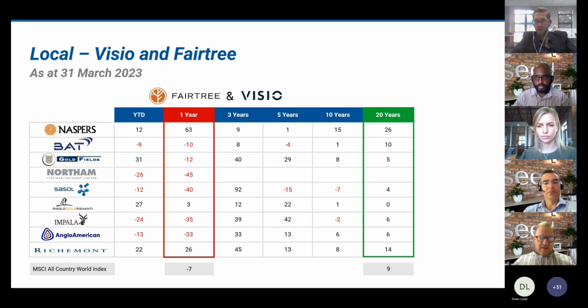Got that 26%. Clearly, it's been a lot more muted over the 5 years, and that's dragged down even the 10-year number, but still 15%, very, very decent. And then the other exception is Richmond. Richmond is really not a South African business. It's not at all. It's a global business. It's mostly Cartier and high-end luxury goods. And so you can compare that 14% actually with the LVMH. Those two compete on a global front.